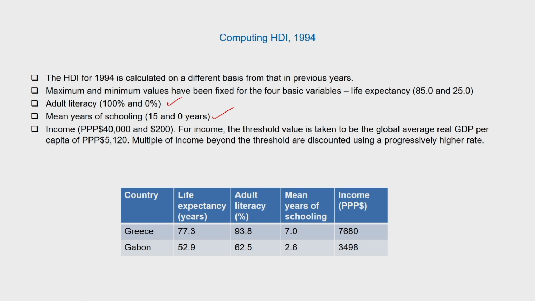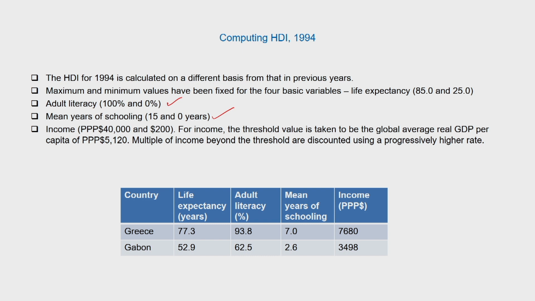One of the reasons why the adult literacy rate was given a 2/3 weight was basically to show the importance of the working age population being literate and educated, such that they can add to capital formation within the economy, or that can also lead to higher levels of human development achievement if the productive workforce within the country is highly educated or is educated enough to be able to make a difference to their daily standards of living. The income minimum and maximum were fixed at $200 US and $40,000 US.